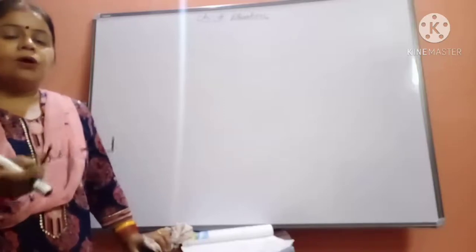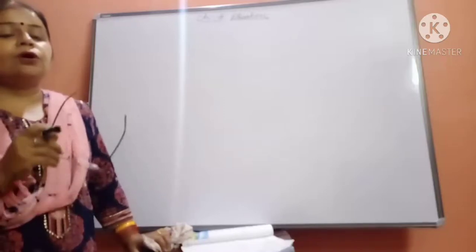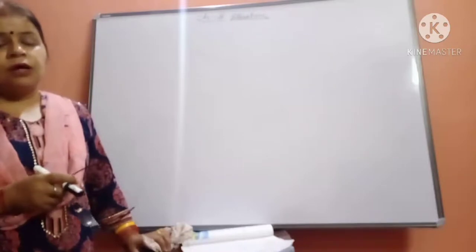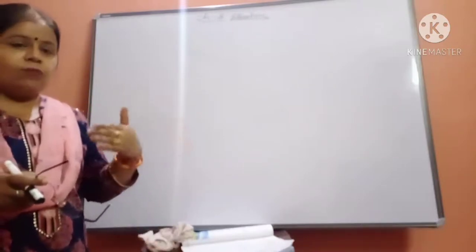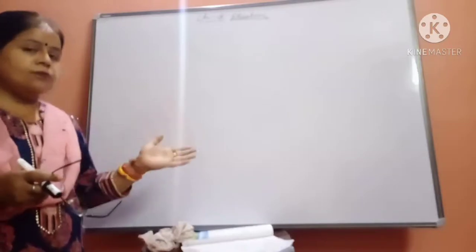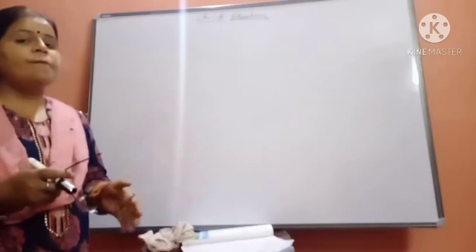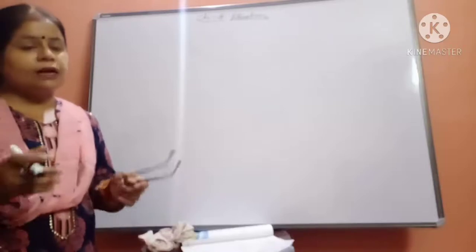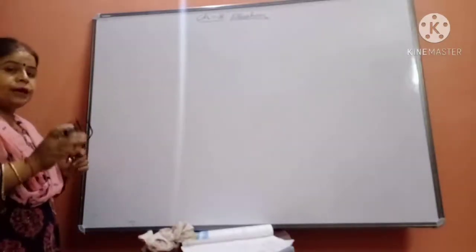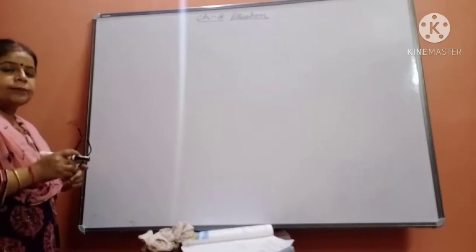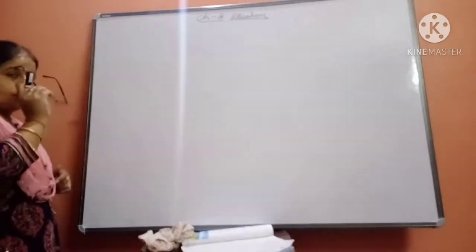Okay, because your concept should be clear in your previous chapters first of all. Because as we are moving forward, the chapter is linked with the previous chapter, and obviously algebra is always related with the integer. So go through the integer first and make your doubts clear from that chapter, and then only you will be able to understand this topic.